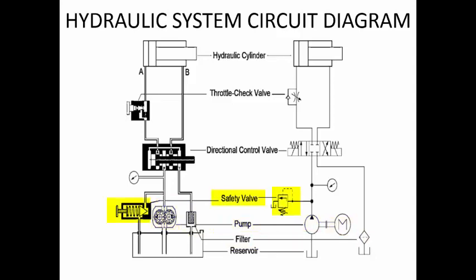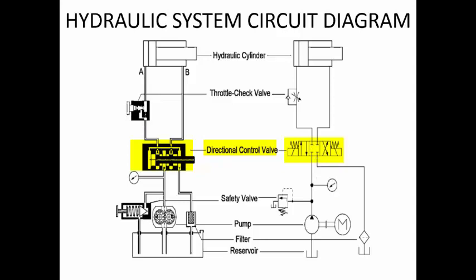Then you have a relief valve, that is a safety valve, which will ensure that if there is any excess pressure, the relief valve will open and divert the oil into the tank. Then you have a pressure gauge for seeing the pressure of the system. Then you have the valve here, whose symbol shows a 4x3 double solenoid spring centered direction control valve. In the center position all the valve paths will be closed.